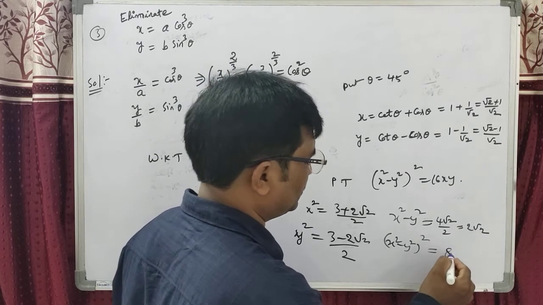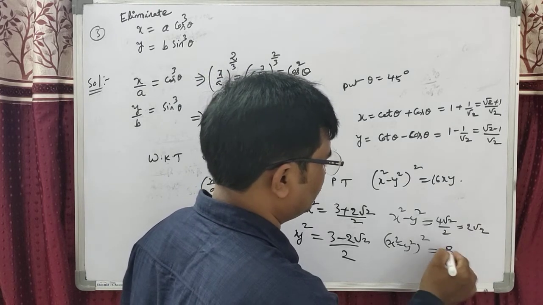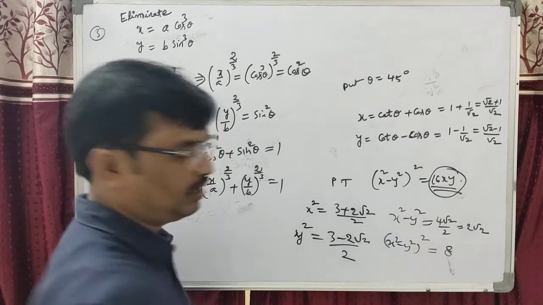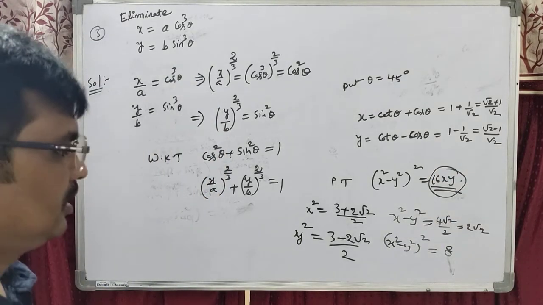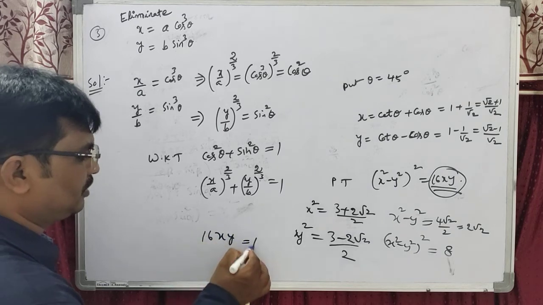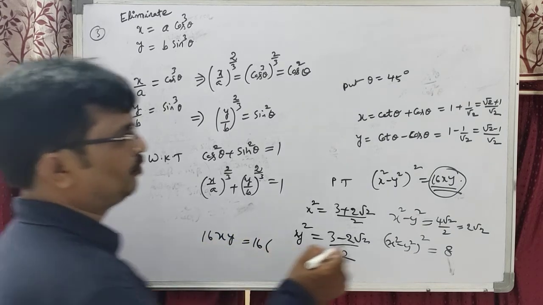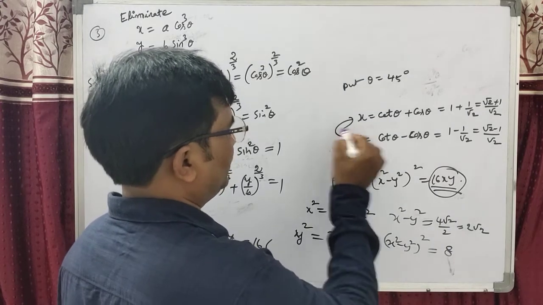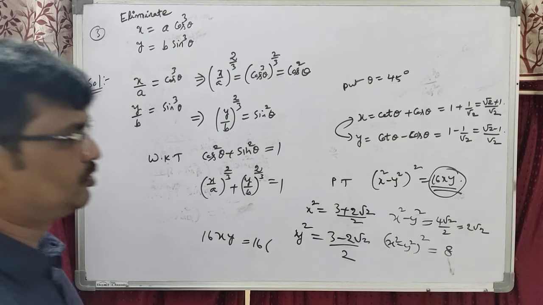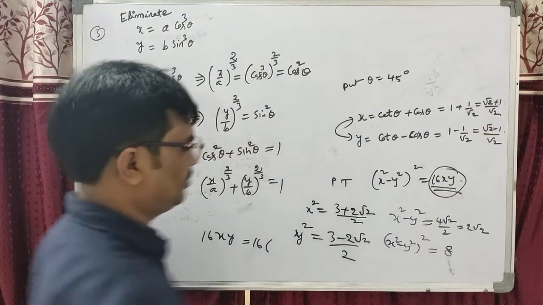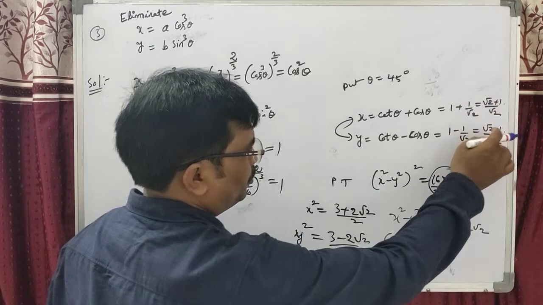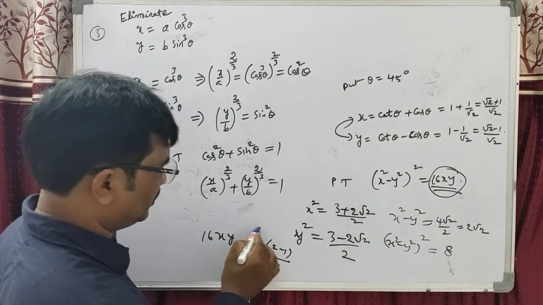Now the options: one option is 16xy. Suppose given 16xy, 4xy, 2xy, some options. Therefore now we have to substitute in the options also. This is, students, 16 into x into y. This is the product. A plus b into a minus b, students, is a square minus b square, that is 2 minus 1 upon root 2 into root 2 is the 2. 2 1s are 2, 8s are.